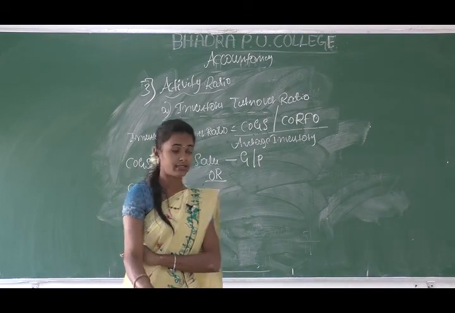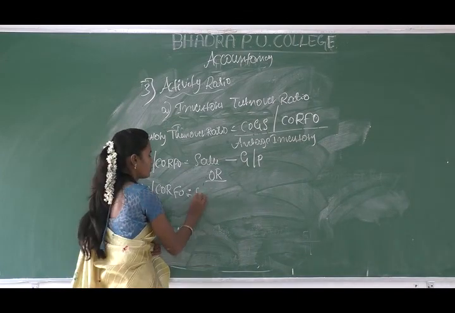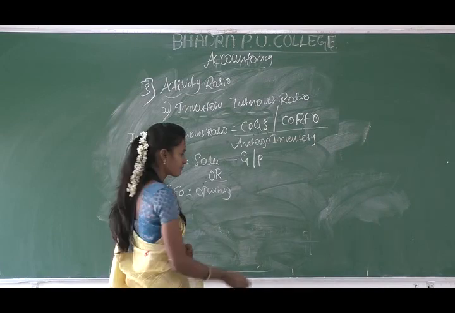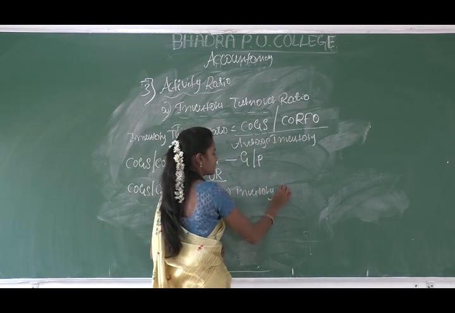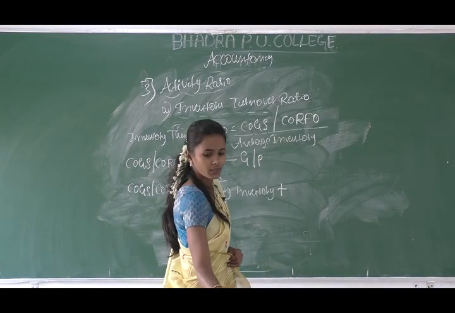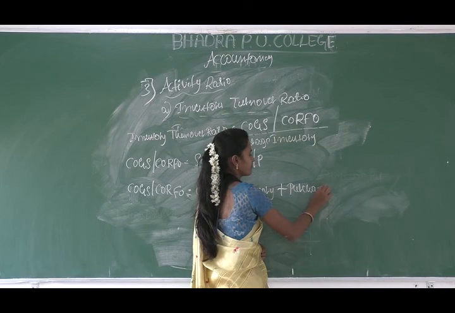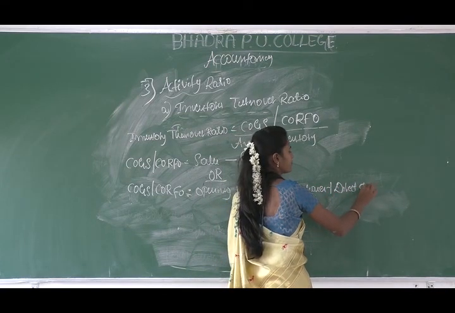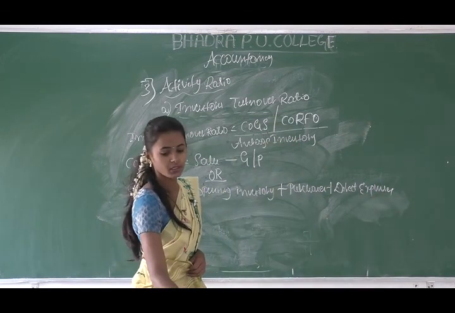By doing this we can get our cost of goods sold, that is opening inventory plus purchases plus direct expenses minus